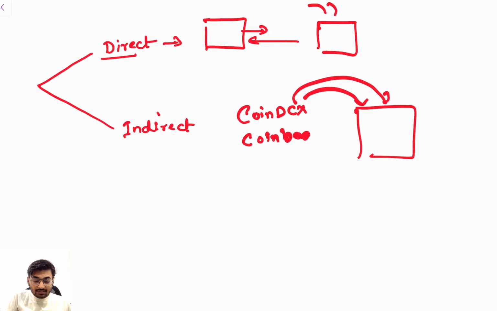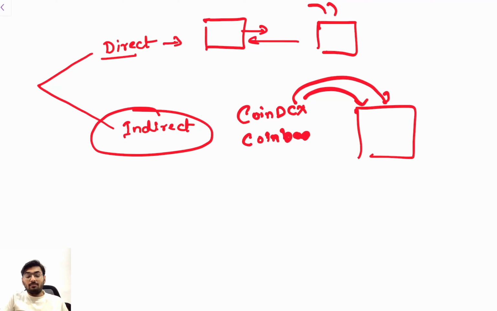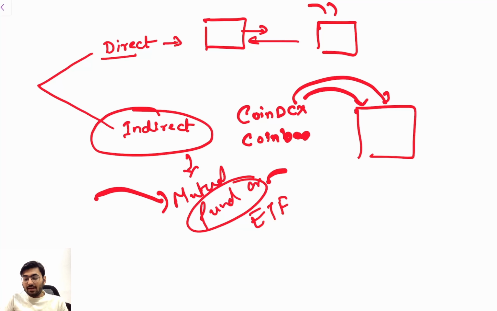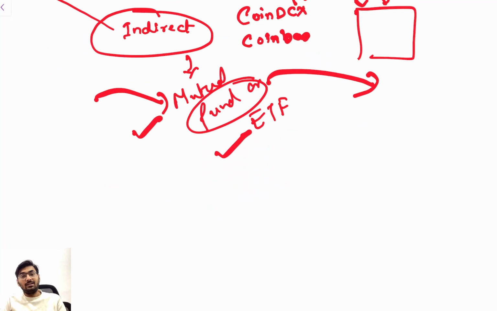Now what is the indirect way of investment? You can buy it through mutual funds or ETFs. There are many funds that actually invest in cryptocurrency, so they will take the money from you and then invest your money, or we have the Bitcoin ETFs. Clear? So it's similar to shares. We have mutual funds of shares, and we have ETFs as well. So this is very easy and very safe for beginners, because this is not direct.